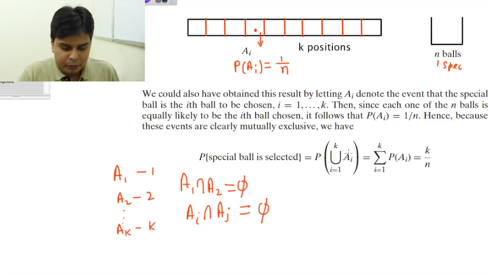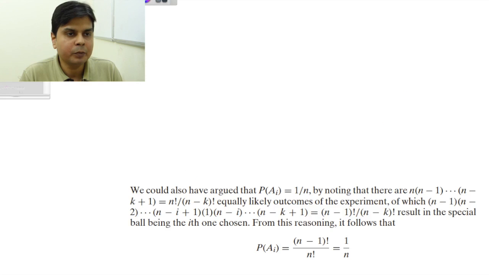I have solved this problem using two methods just to give you a feel of the axioms of probability and how they are useful. You can say the previous method was much simpler. Why are you doing all this disjoint and summation and union? The choice is yours, but this method is just being shown to give you a feel of the methods which are available at your command. You can say that in this, the probability of Ai is equal to 1 by n. This also I can derive using some other method. I will show you how.